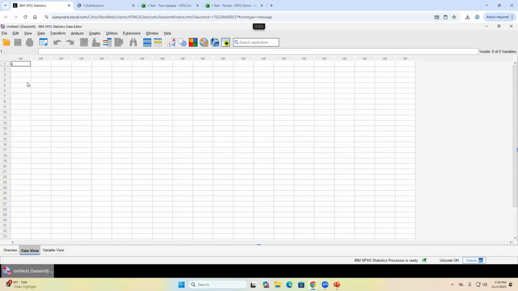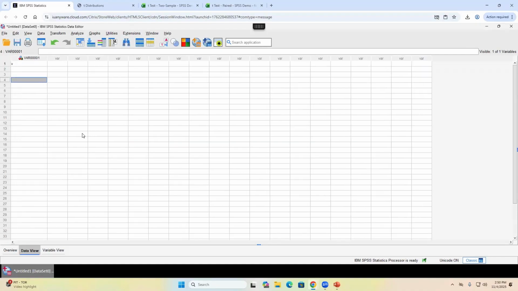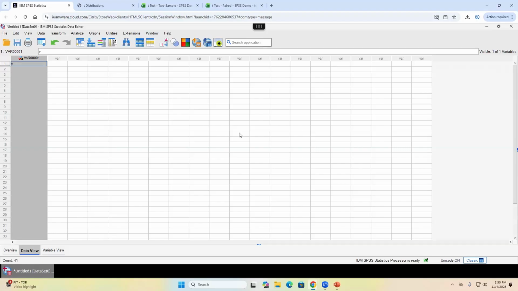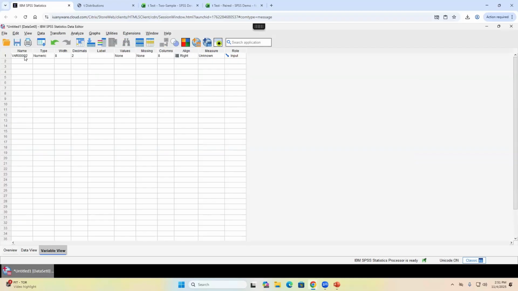SPSS is going to ask me if I want it to paste. I will say yes, and then it'll paste a V because I use the shortcuts. So if that happens to you, you just highlight that column, delete it, and then paste in the actual numbers. So we have here var 00002, and we are going to change that to